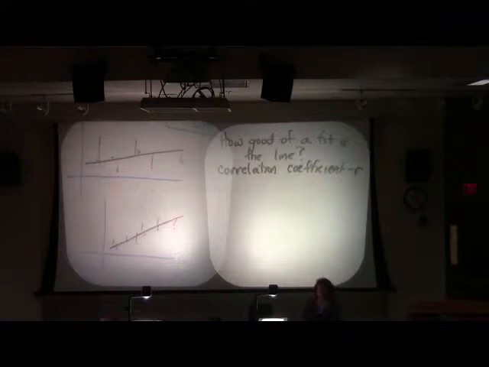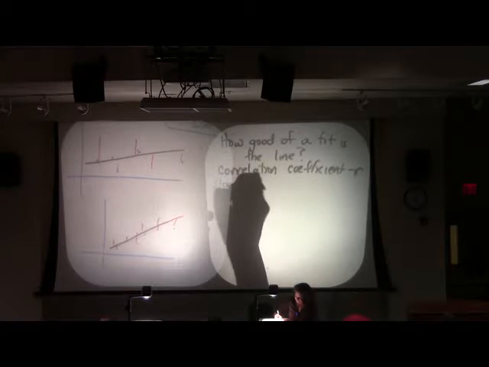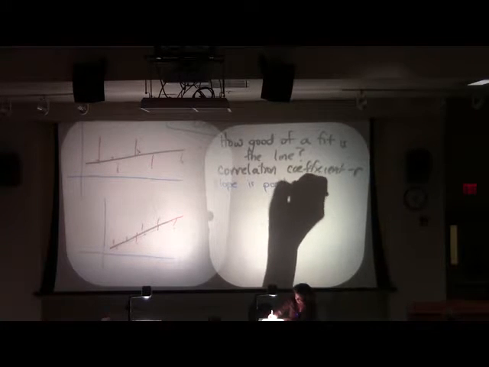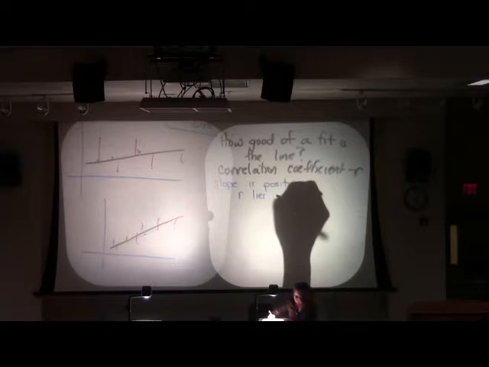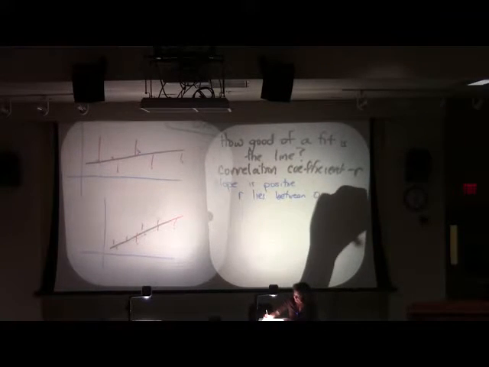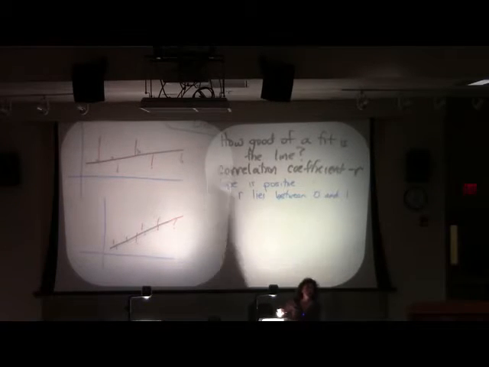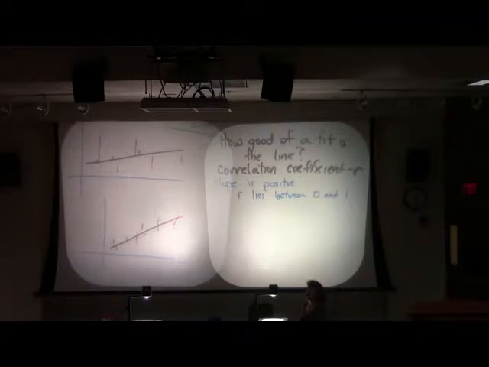All right. Do you guys agree that if your line, as you go from left to right, goes up, you have a positive slope? And if, as you move from left to right, your line goes down, you have a negative slope? Well, R follows the same sign as the slope of your line. Okay? So let me say this. If your slope is positive, R will always lie between 0 and 1. 1 means it's a perfect fit. It almost never happens unless it's a textbook question.